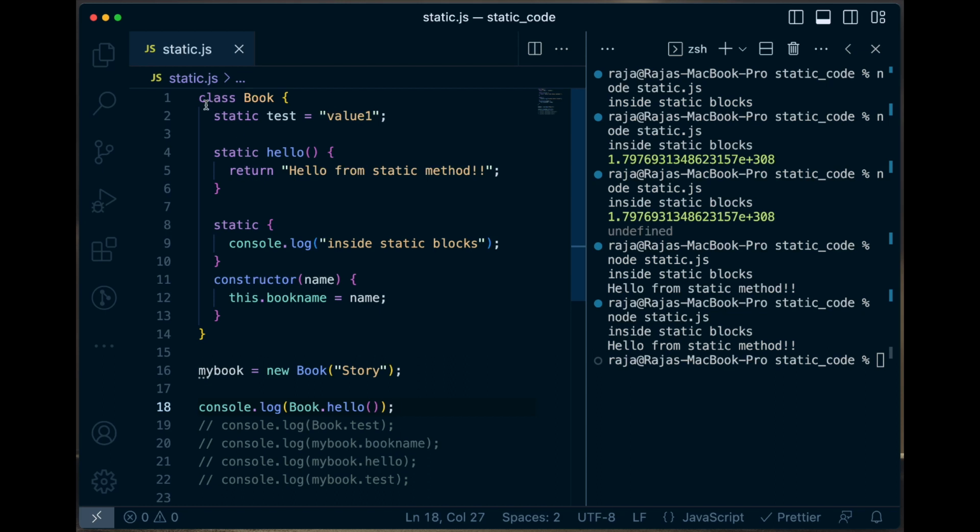Here I defined a class named Book. It has a property called test that has the value 1. We can initialize it or not, that is up to you. Then there is a static method called hello, and it is just returning "hello from static method". And there is an initialization block that is inside curly braces and defined as static. This is inside a static block. So let's write this initialization,